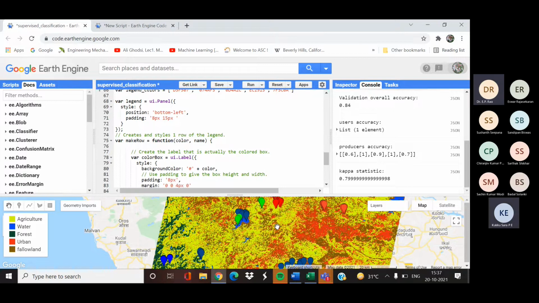Whatever training samples you have taken, only they should be classified for the error matrix. Strictly speaking, what we have done is a pseudo supervised classification, because we don't have training samples really collected from the field. Supervised means you need to go to the field and collect the samples, and only those will be classified.